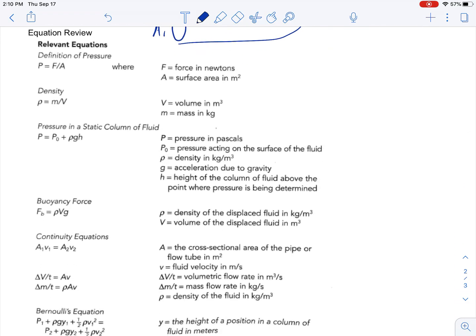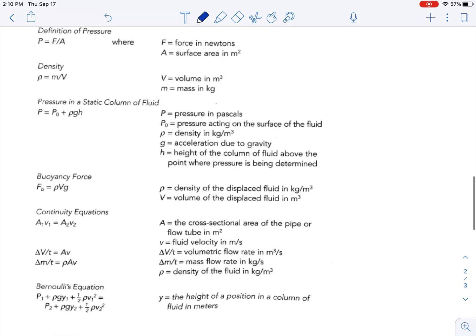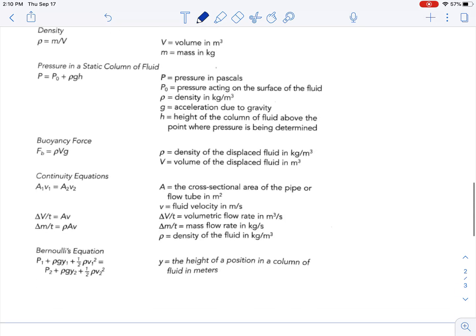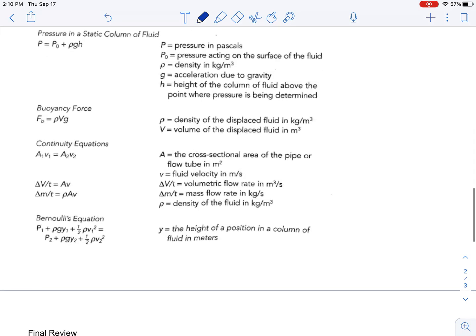So here's an equation review. Pressure is force over area. Density is mass over volume. Here's our pressure in a static column of fluid. Buoyancy, continuity, and Bernoulli's equation. Got a little bonus here,